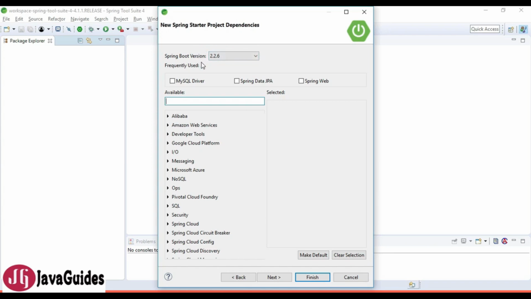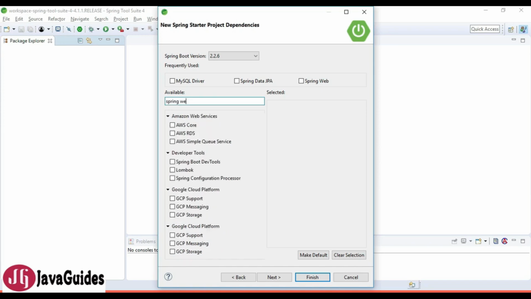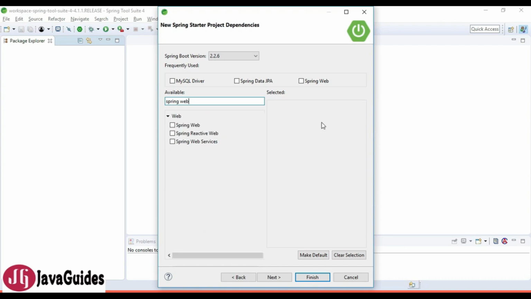Once you are happy with the details, click next, and keep Spring Boot version as it is, because the Spring Boot team recommended this latest release of Spring Boot project. And here we are going to select the required Spring Boot starter dependencies for our Spring Boot project. We are going to develop Spring Boot REST web services. For that, let's pick up Spring Web Starter dependency,